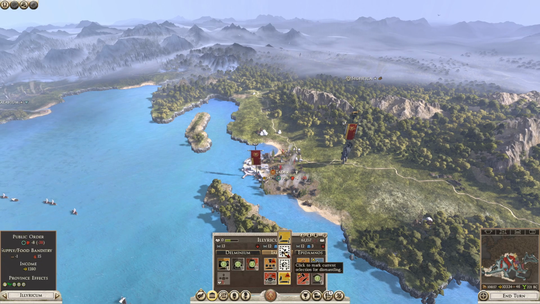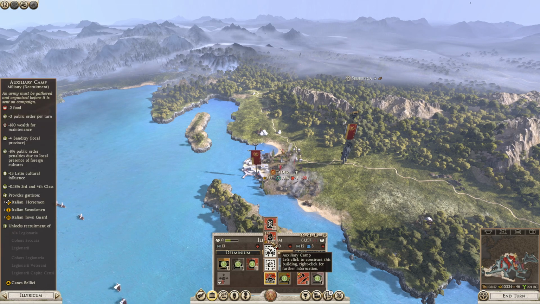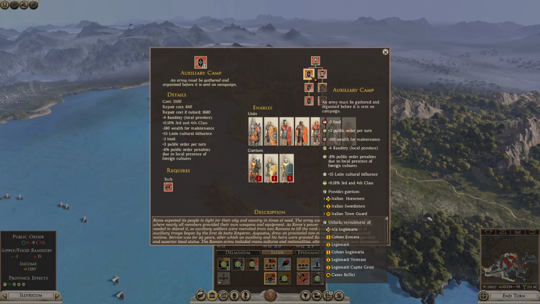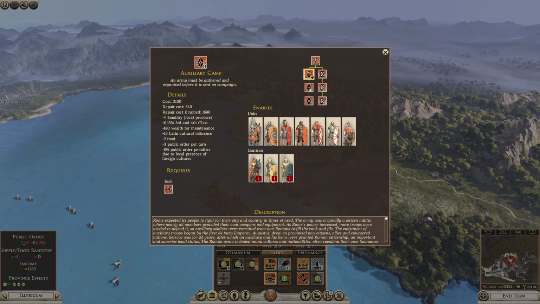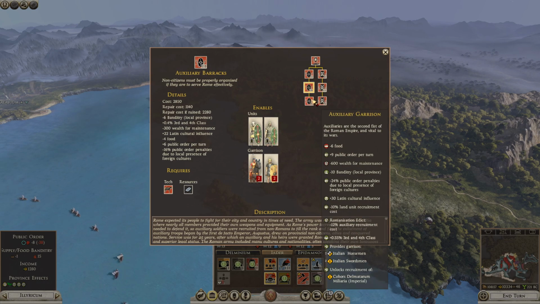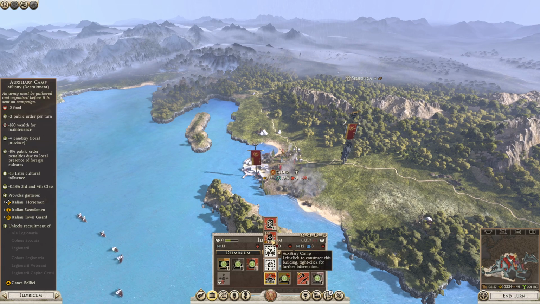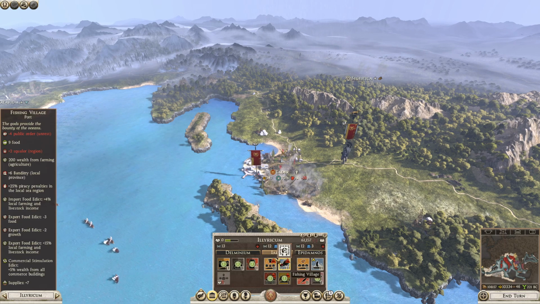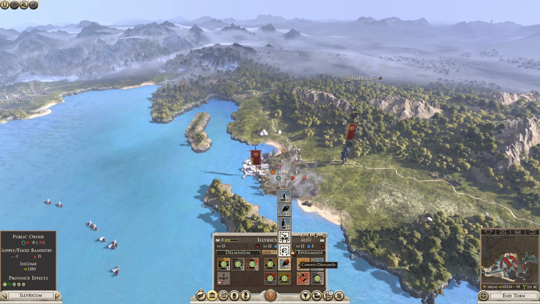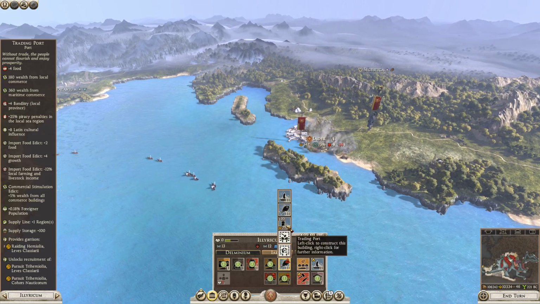So, let's see. I'm going to get rid of that. We're going to get rid of... get rid of that? Probably. Yeah, we'll get rid of... you know what? We'll go ahead. No, I'm going to get rid of it. I can't make up my mind. Yes, no, yes, no, yes, no. No, we'll get rid of it. And then as for you, we will go...